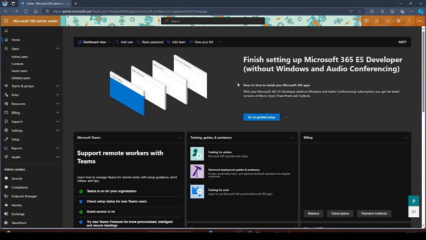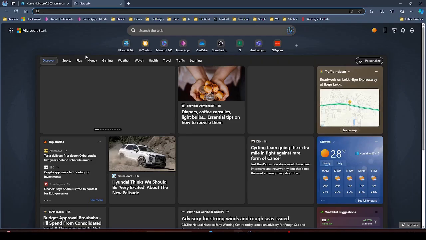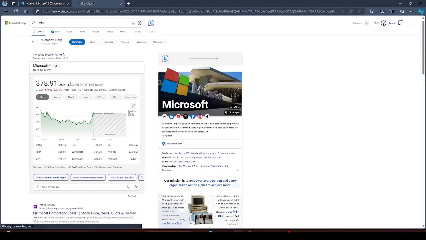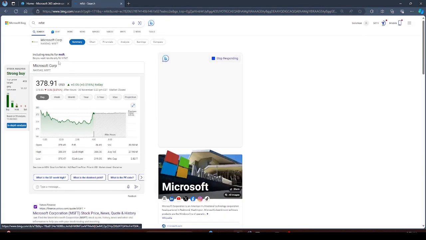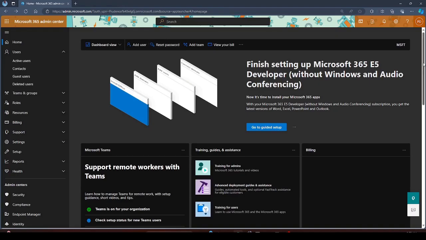So I prefer the dark mode actually, and I'll just zoom this bit. Okay, all right, so here has the name of your organization. The name of my organization is not MSFT. MSFT is Microsoft, so if you type MSFT, it should show you the stock market of Microsoft, because that's what the name is. It's called Microsoft because this is a developer tenant, and I have not changed